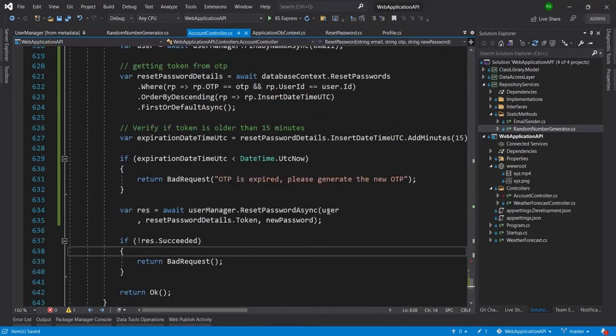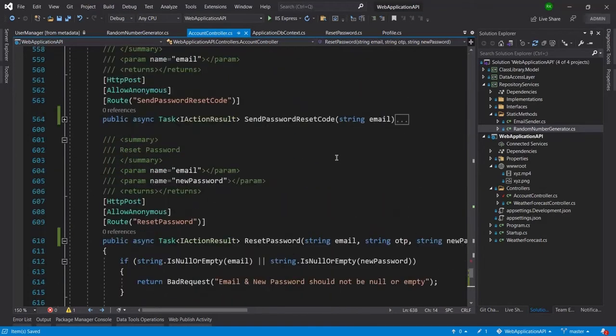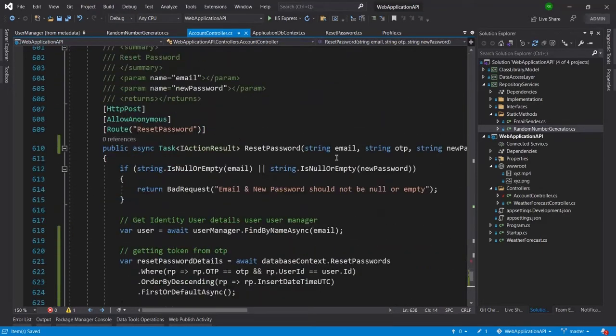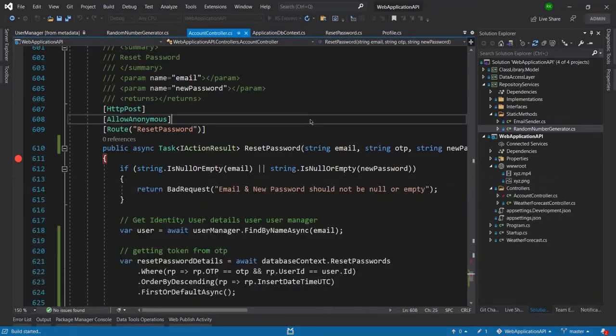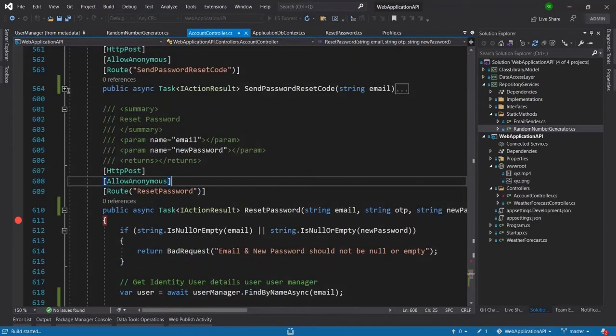Now let me run this project, and let me add the breakpoint here. I also need to add a breakpoint here.